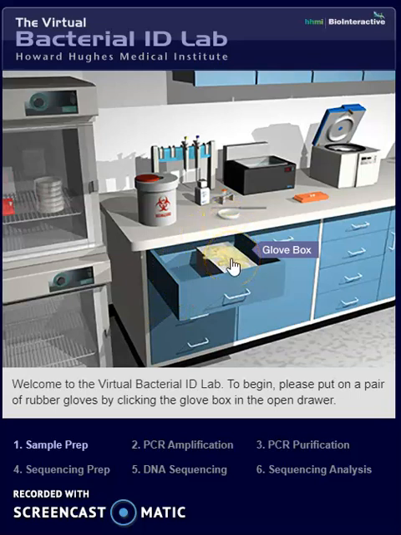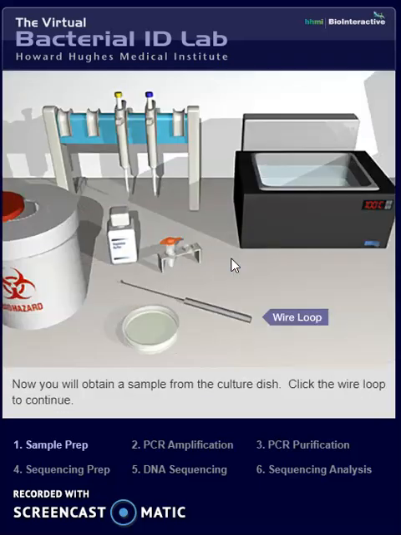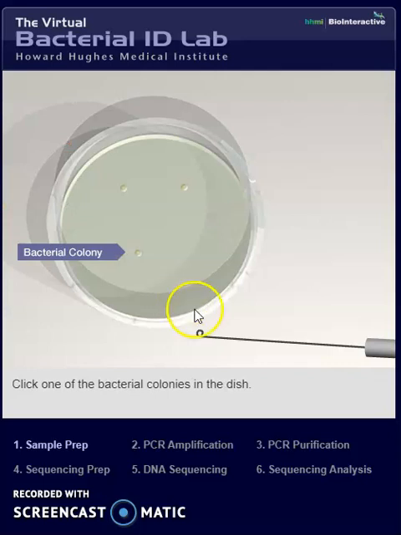First of all, we have to click the glove to open the drawer. After that, we'll obtain a sample from the culture dish. Click the wire loop to continue. Click on the bacteria colony in the dish